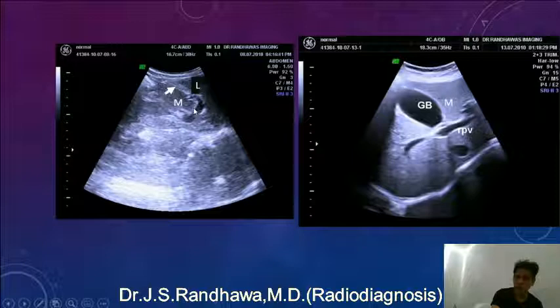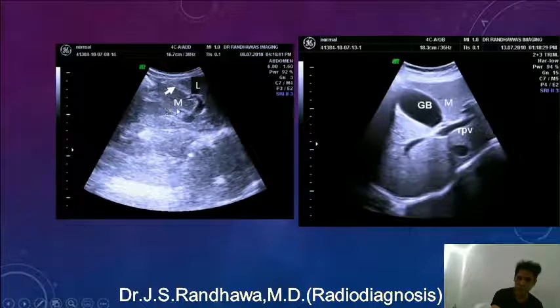Now let us go on to the inferior section of the left lobe. Inferior section means at the level of the gallbladder, and here you can see from the apex of the left branch of the portal vein we have this falciform ligament. So inferiorly we can see gallbladder and the falciform ligament. Now close to the gallbladder we have the medial segment of the left lobe, and the lateral segment is on the other side of the falciform ligament. So falciform ligament separates the left lobe into medial and lateral segments inferiorly.